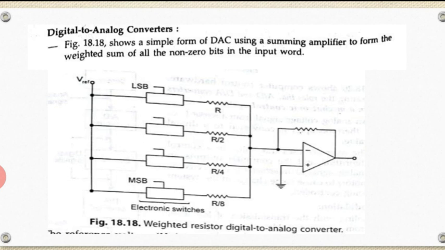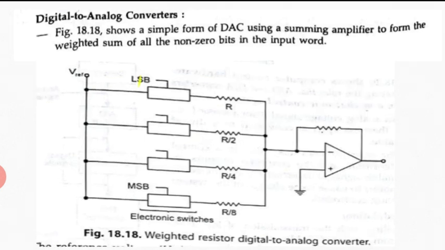The limitation of the weighted resistor network is that accurate resistances have to be used, because the resistance should have an accurate value so that it gives the corresponding analog voltage for the reference voltage. Accurate values have to be used for each resistor, and it is difficult to obtain the required wide range of such resistors. So these forms of DACs tend to be limited to 4-bit conversion only.